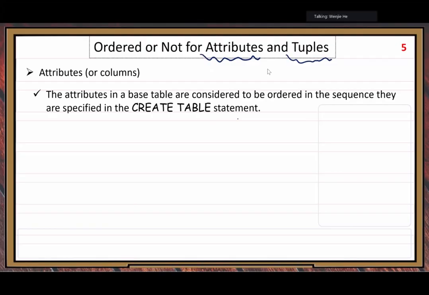That order matters, okay? The first one, second one, third one, you need to follow that order. Why does that order matter? If you use Java,